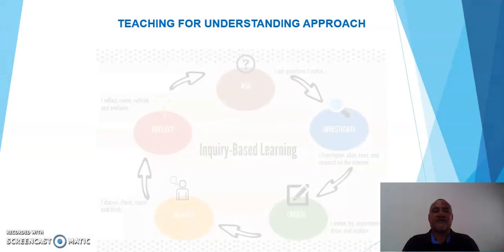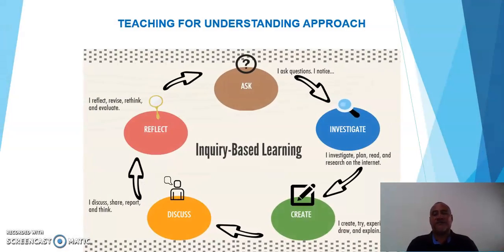Another thing that is very important to take into account before creating or designing an assessment system is the approach of the school. This school is basically on teaching for understanding. The first step that we have to do is to propose to the student a question.